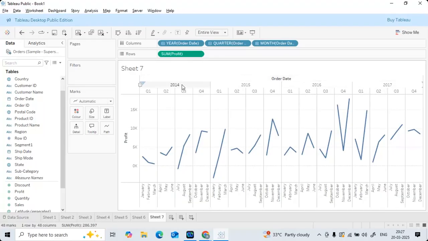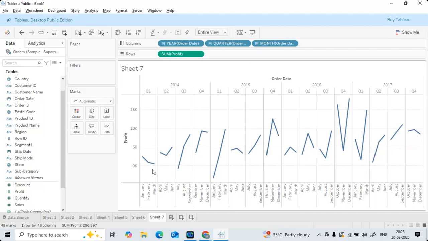Focus on only 1 year, 2014. 4 quarters are there, or not? Again, if you pick the first quarter, months are there: Jan, Feb, March. And see how the curve is changing. Got my point? In this way, you can see in detail how the patterns have been changing.